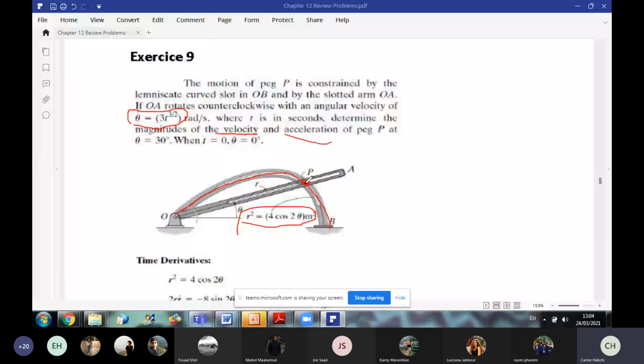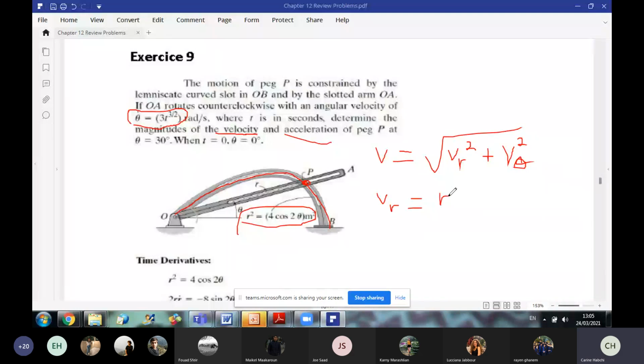Okay. So here also, we will apply the equations of V and A. To start with V, as we said, V is decomposed into VR and V theta. So to calculate the magnitude of V, I should find the value of VR and the value of V theta. So V is the radical of VR squared plus V theta squared. Now I will find separately VR and V theta to be able to calculate the magnitude of V. So to start with the definition of VR, VR is equal to R dot,